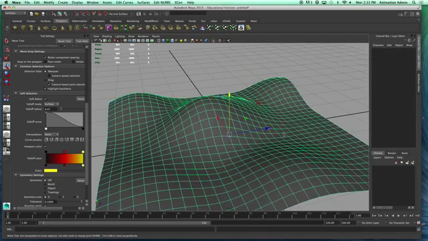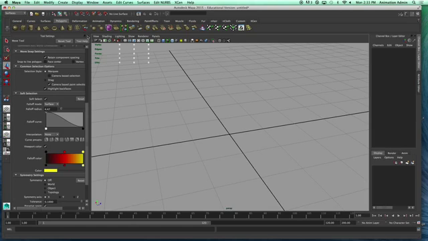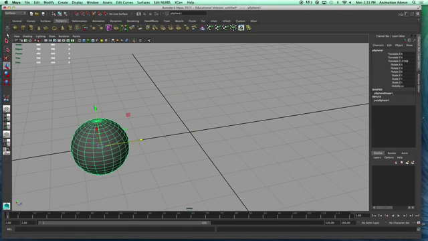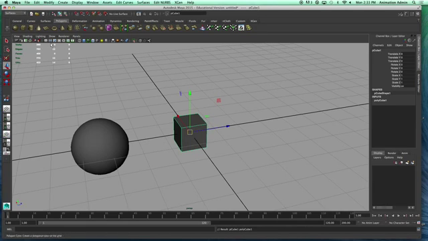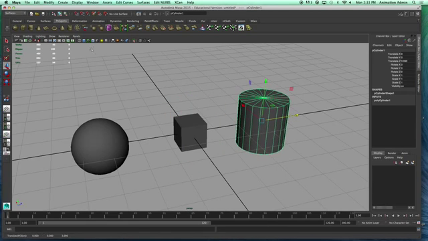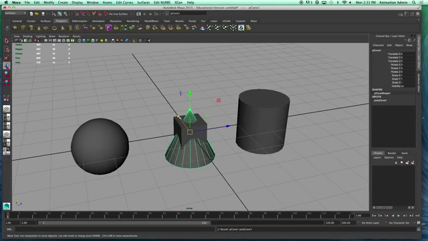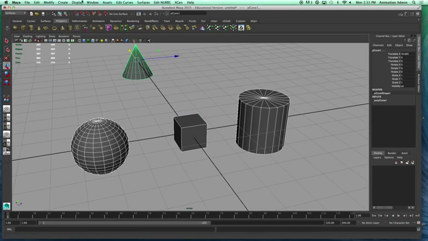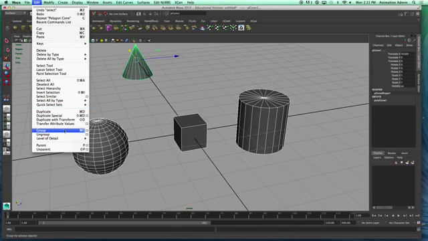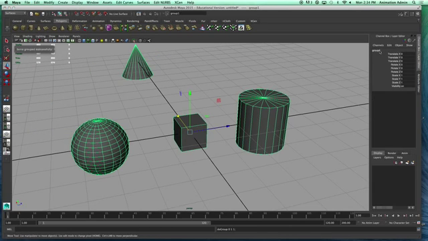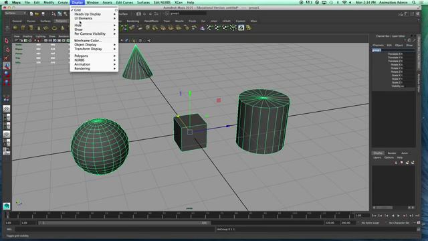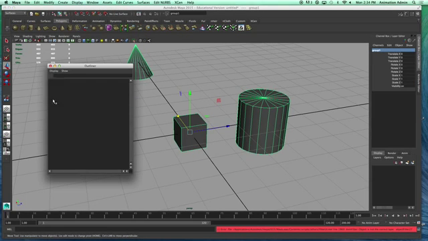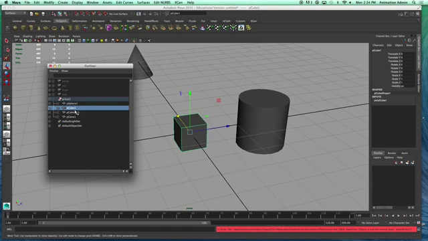Okay, and finally, in terms of grouping, so let me get a bunch of objects in here. That's 1, that's 2, that's 3. So let's say these are the 4 objects that I want to group together. I can grab all of them and go to Edit, Group. And here's my group. And if I open the outliner, you notice that there's a group formed, and within the group's hierarchy, you have the sphere, the cube, the cylinder,